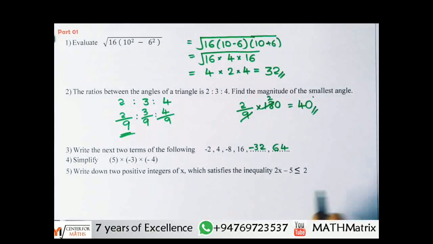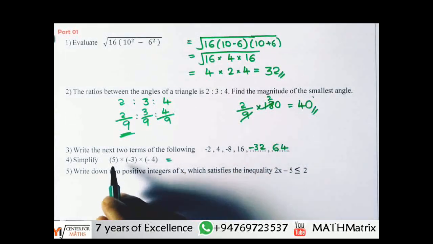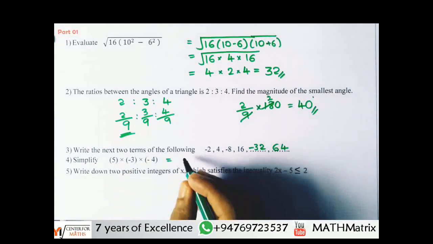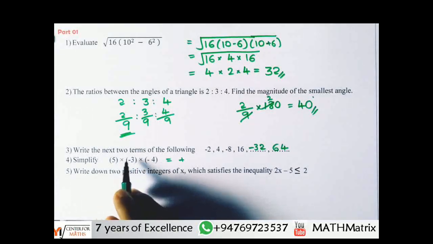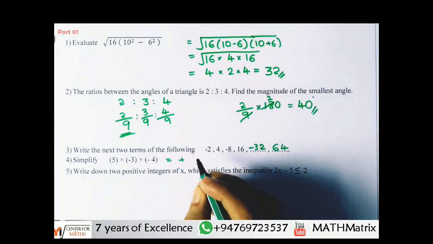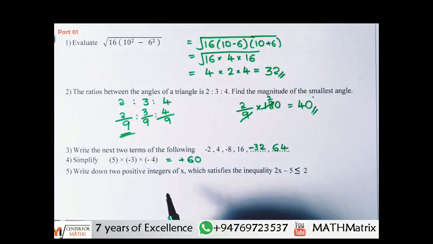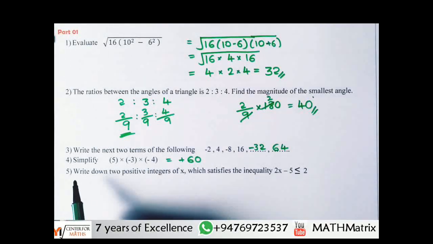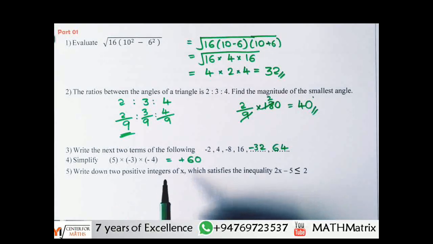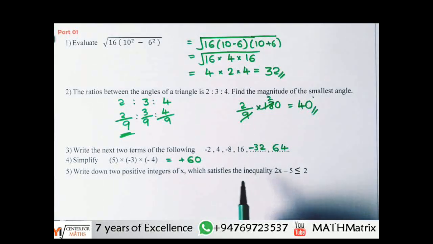The fourth one, simplify. It's very easy. Plus into minus is minus, minus into minus is plus. Now we'll multiply. 5 3s are 15 and 15 4s are 60. So the fifth one: write down two positive integers of x which satisfy the inequality 2x minus 5